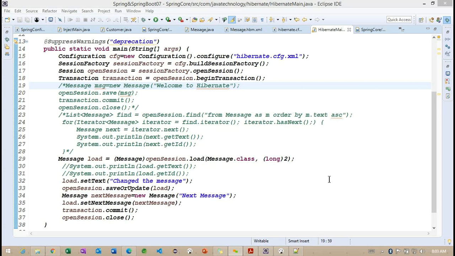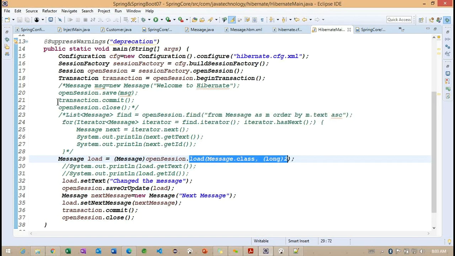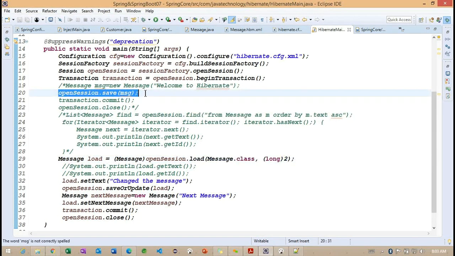You can work with an existing table with the same configuration. Which tables are available in which database, and working with this mapping, is important. Based on this mapping only, we can work with any method, whether the find method, the load method, or the save method.